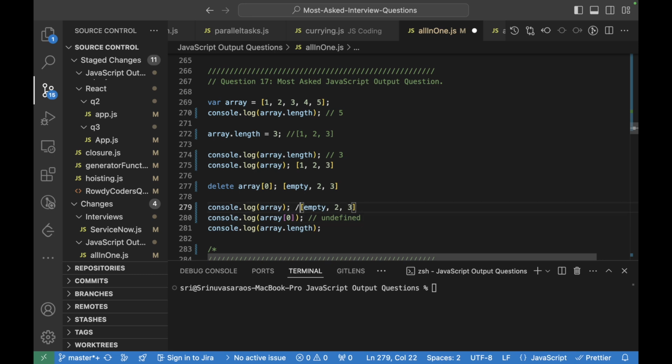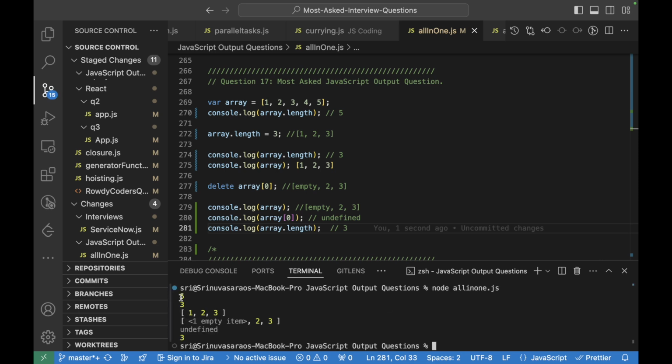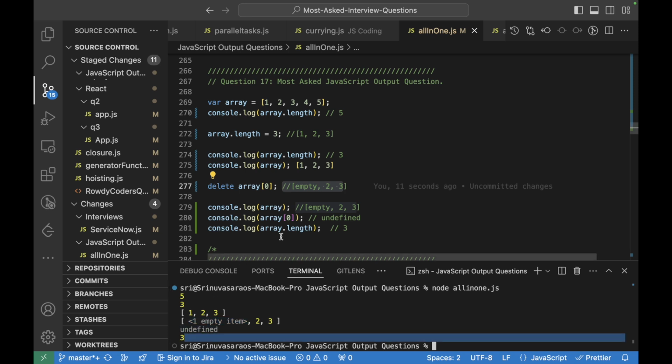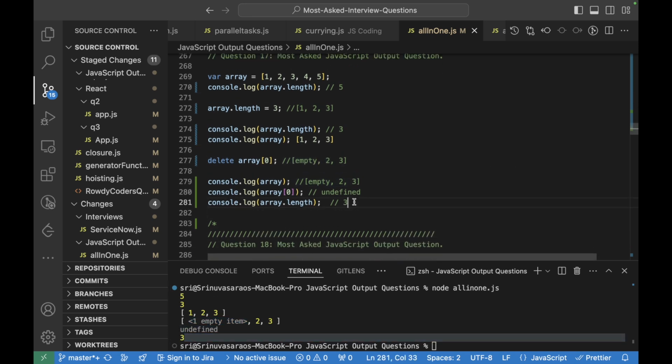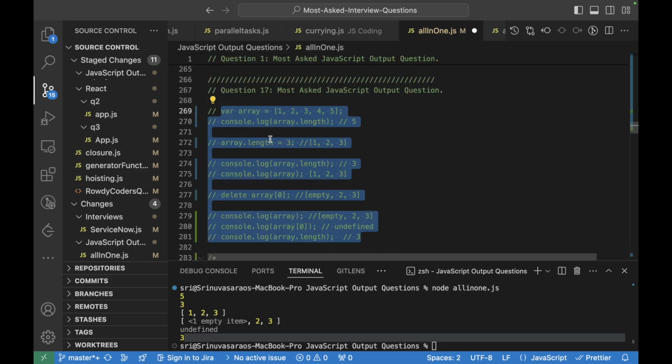And when we try to get the length, it will give 3. Let me run it and see the output. So here 5, and then 3, and then 0 1 2 3, and then an empty item is there, and then undefined, and then 3. Yeah, so let me comment this, and let's go for the other question.